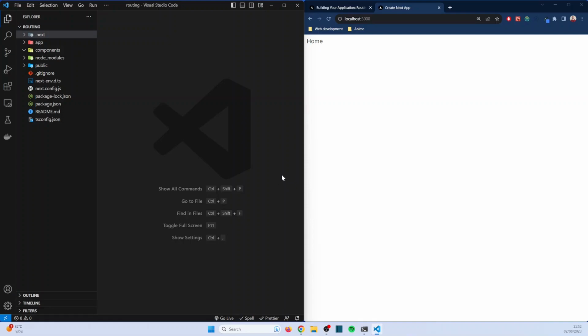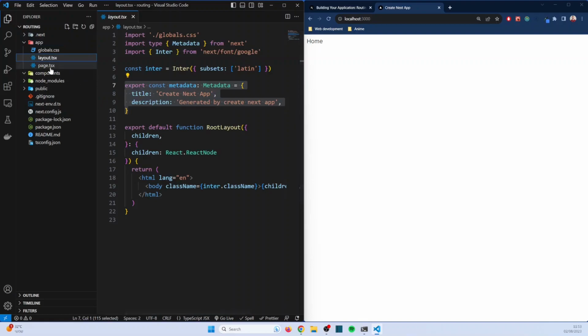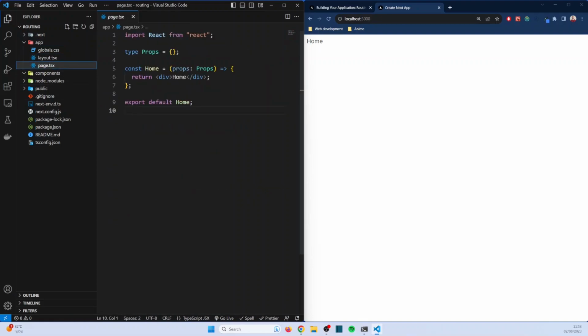We're going to start from the basics and we're going to cover basically everything you need to start building your projects with Next.js. So I already have my Next.js app running and I removed everything so it will be clean and easy to follow. So we have here the basic layout and we have a page here with a div of home, and this is basically our